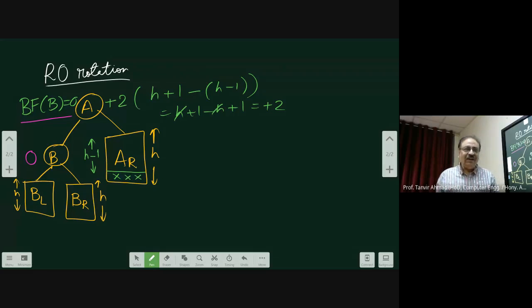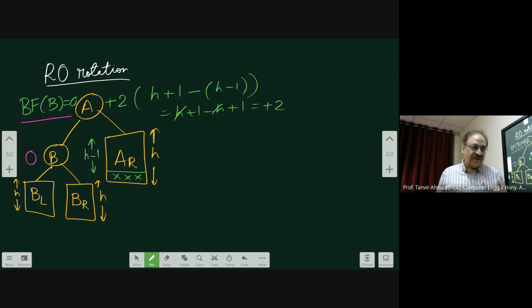But you are deleting on the right hand side. You are not deleting on the left hand side. But the balance factor of the node B has to be checked. Now, obviously, what can be the balance factor of B? It will be either 0 or plus 1 or minus 1. Agreed? It cannot be plus 2 or minus 2. Why? If it were plus 2 or minus 2, it would have been rebalanced before. That means you try to understand the concept.